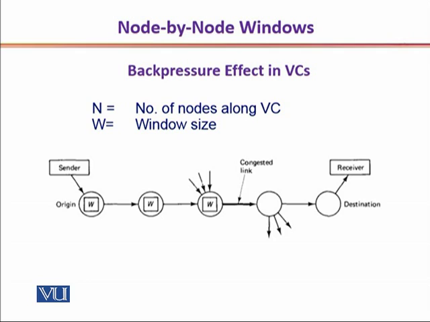What we observe from here is that if we have a window size W and a number of nodes along the virtual circuit, we can establish a relationship between the number of segments that could be sent in a single window and the intermediate devices. We could afford a larger window if the intermediate devices are many, and vice versa. A typical value for this 4 or 5 hop network is a 4 or 5 segment sized window.